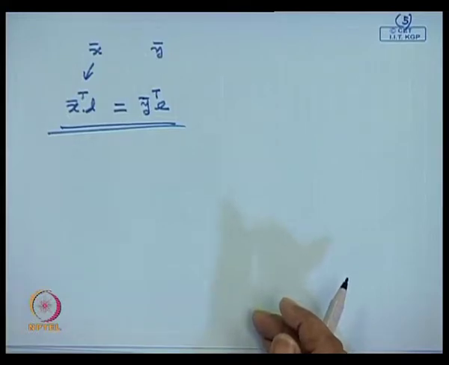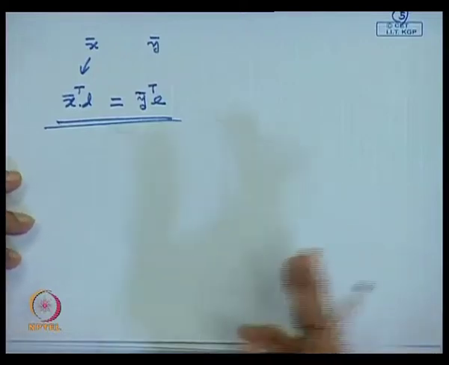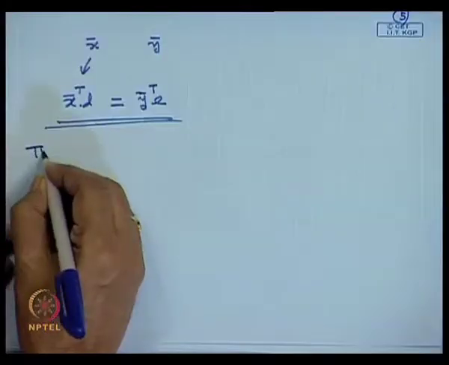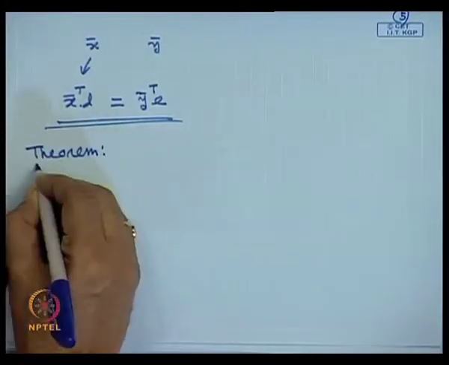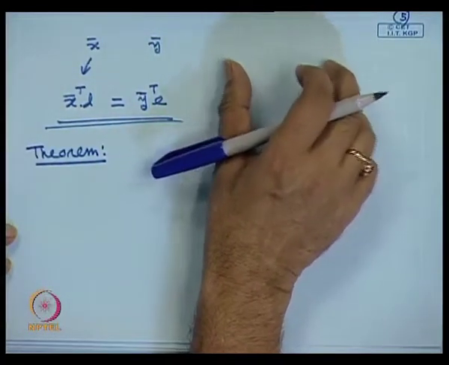Next we state a theorem which will give you the relationship between the primal variables and the dual variables. That theorem will tell you how the primal variables x and the dual variables y are related. Keeping in mind the standard primal problem statement and the corresponding dual problem statement,